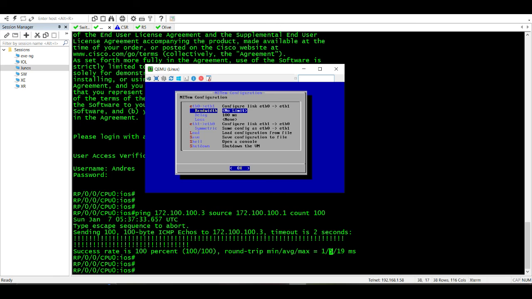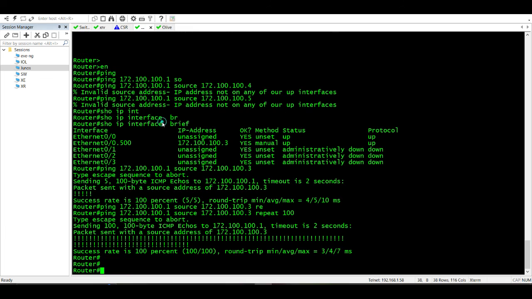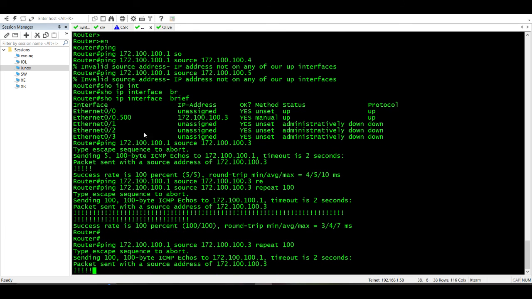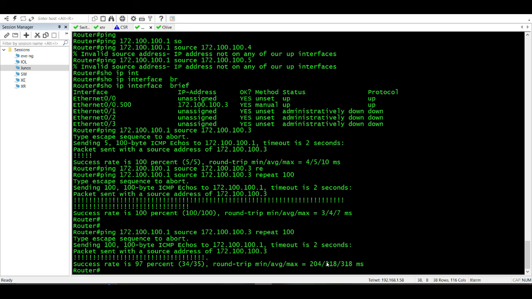This is the link between Ethernet 0 to Ethernet 1, and the return of the packet between Ethernet 1 to Ethernet 0. The configuration right now is symmetric. Let's make a ping again. See, the latency is different. Okay, stop the ping, and the latency is